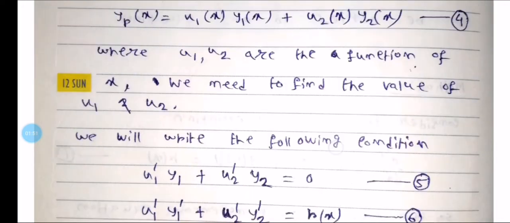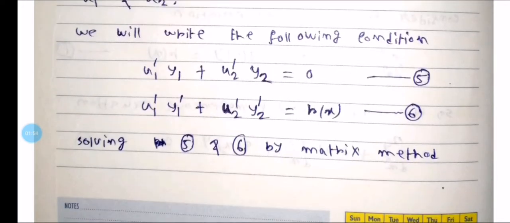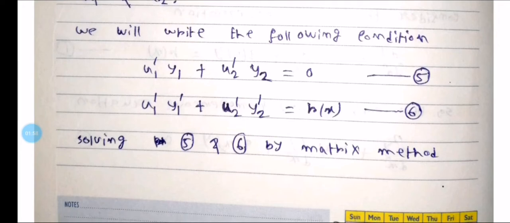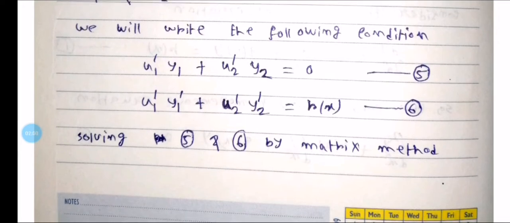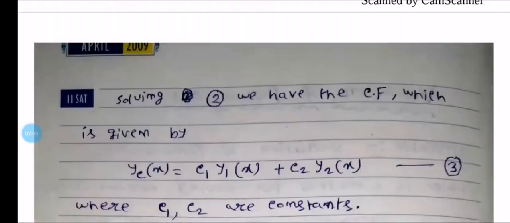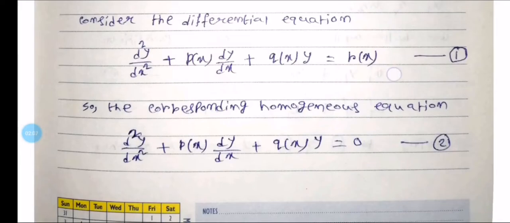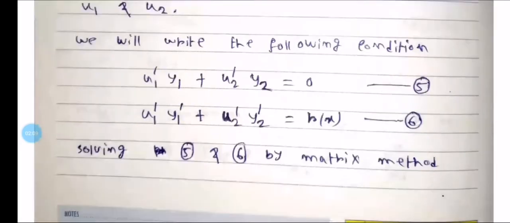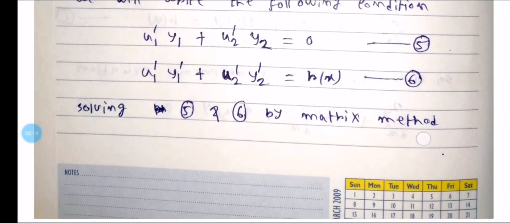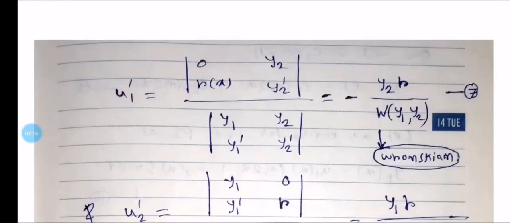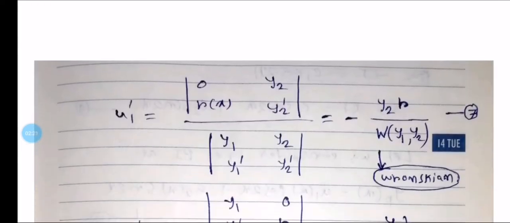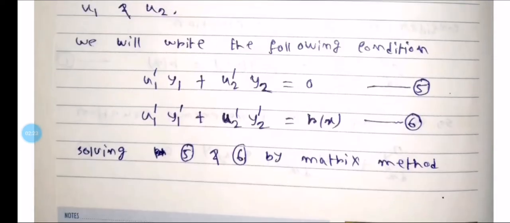Then in the second equation we will keep u1' and u2' fixed, and we will differentiate y1 and y2. So u1' y1' + u2' y2' equals the non-homogeneous part, which is r(x). We write the non-homogeneous part in the second equation, which is our r(x). Solving equations 5 and 6 by the matrix method, you know the matrix method,